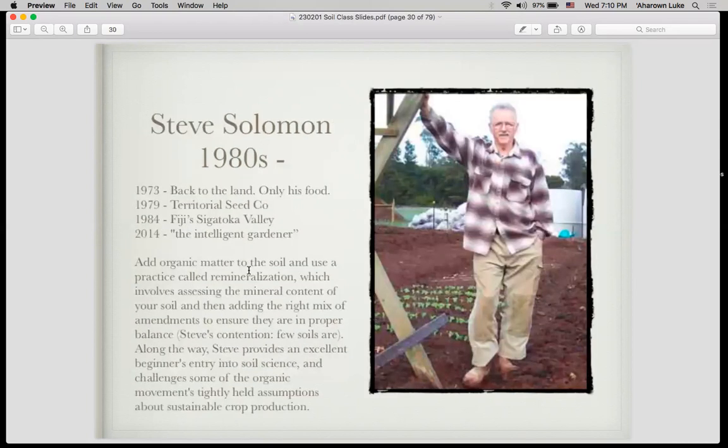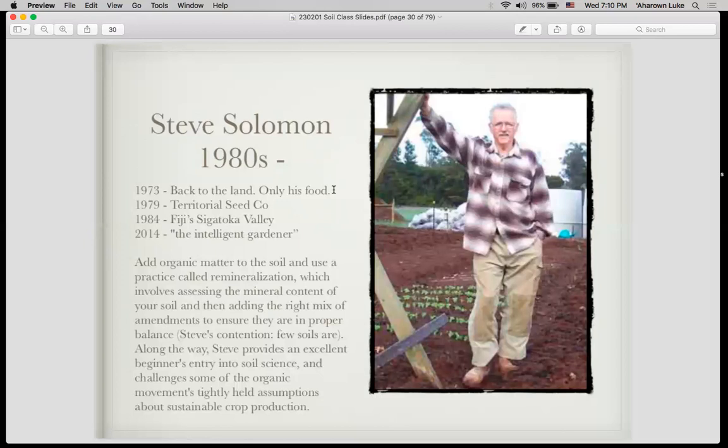So here's Steve Solomon, based on William Albrecht, incorporating some of the Indian practices, the idea of organic as it developed away from the manure-only focus. So he was in the '73 back-to-the-land movement. He tried to subsist off of the land. And when you start to do that, you need to have